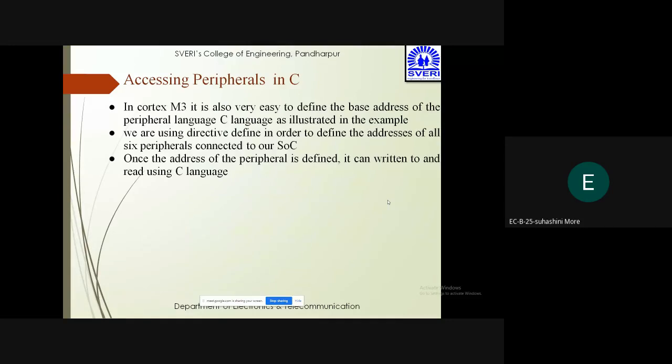Once the address of the peripheral is defined, it can be written to and read from in C language. Cortex M3 is very much comfortable with both C language as well as assembly language.